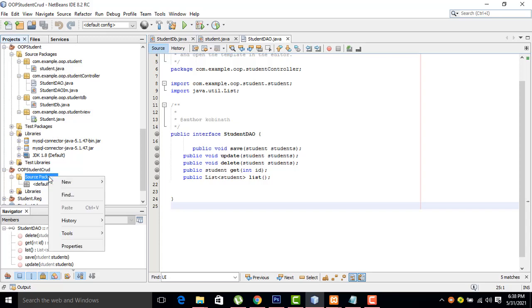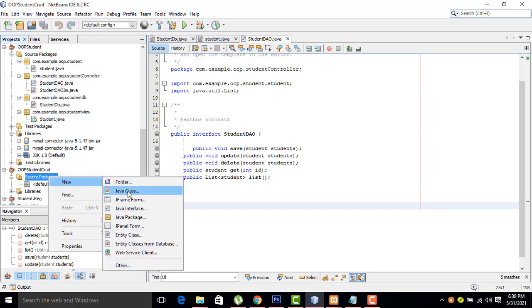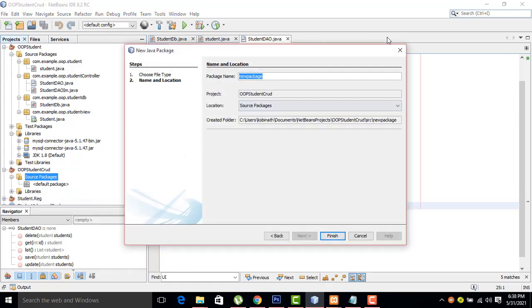First I am going to create a new package. Here you have to write com.example.oop.student.